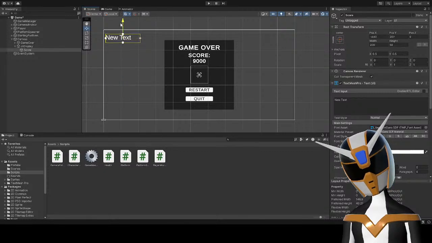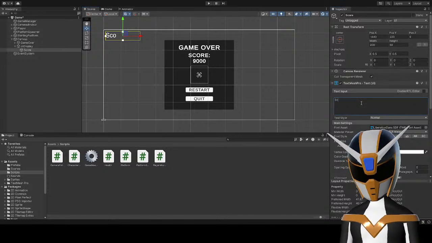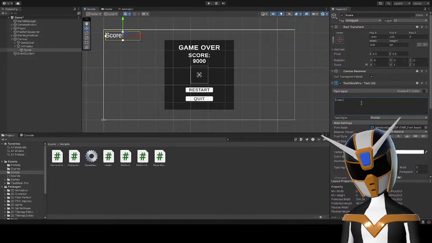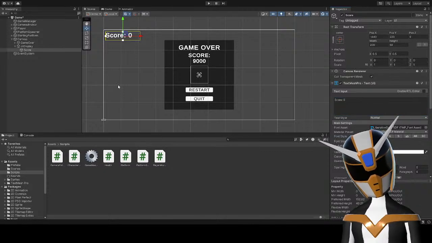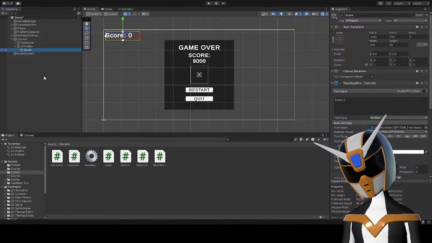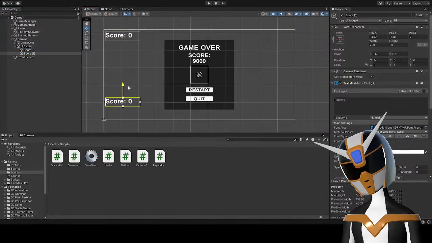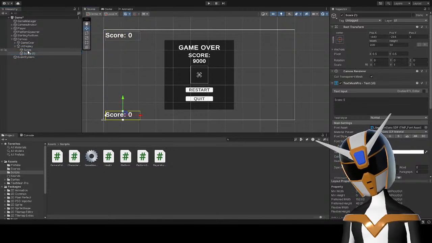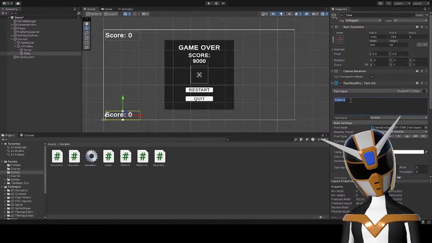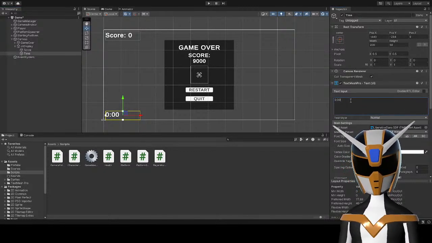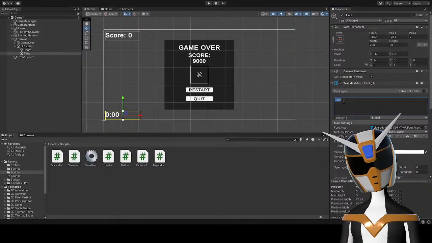Bring this up here. Score 0. Yeah. Duplicate. Should I have the time down here, maybe? I don't know, for now. And the time will just be like, I think the time is just going to be in seconds.